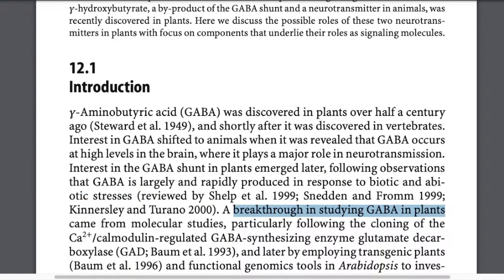The breakthrough in studying GABA in plants came from molecular studies following the cloning of the calcium